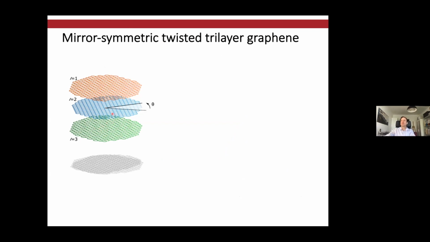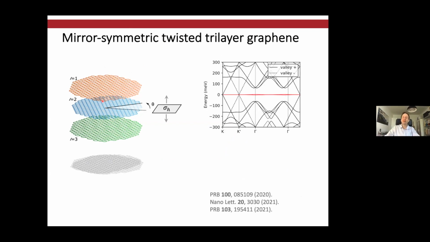And in between, there's one that is twisted relative to the other two. And as you can see from the title here, it does have a mirror symmetry. Exchanging these two layers leaves the band structure, the system, invariant. And this has some consequences for the eigenstates of the system, including the non-interacting bands, which can be labeled by